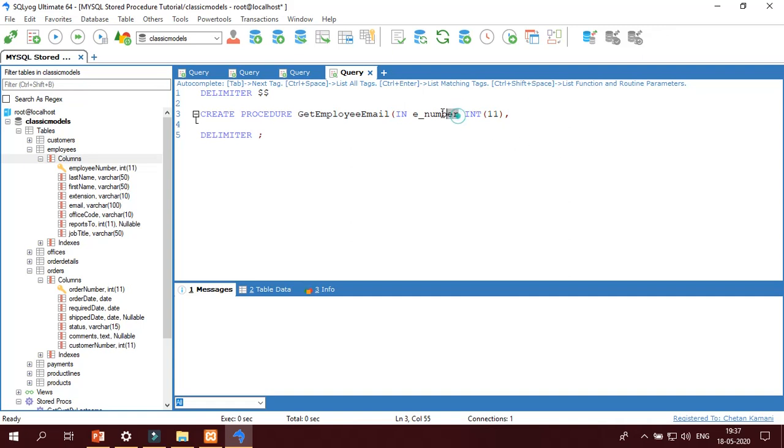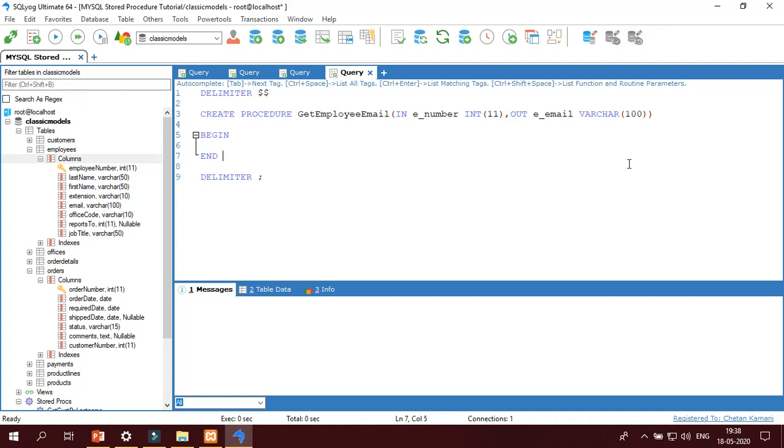You can give any name over here, but you should give an appropriate name, so anyone can see your procedure and understand what it actually does. Then the email, that is the OUT variable, e_email, with data type varchar 100.